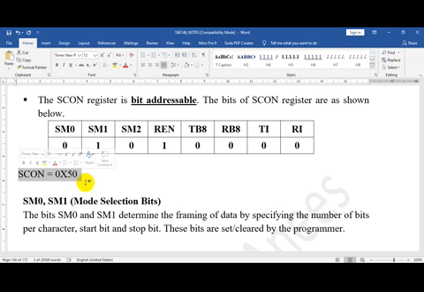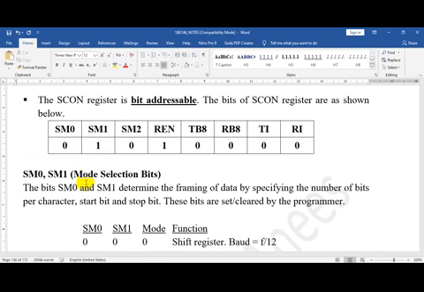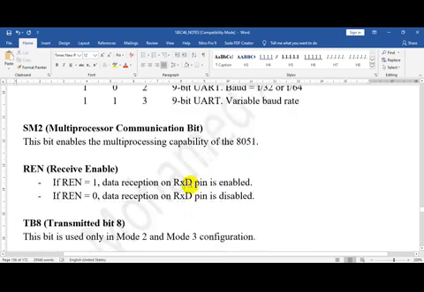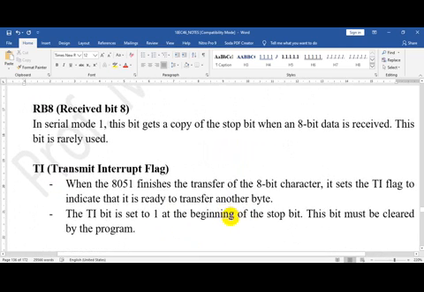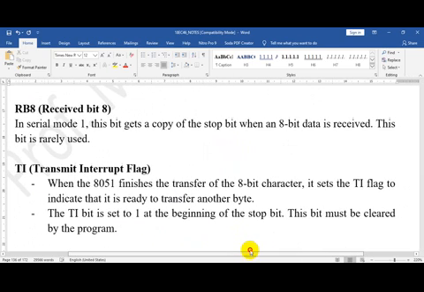Now let us see the functionality of the TI and RI bits. TI stands for transmit interrupt flag.